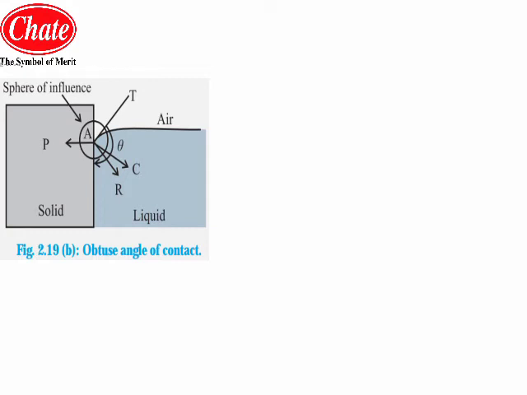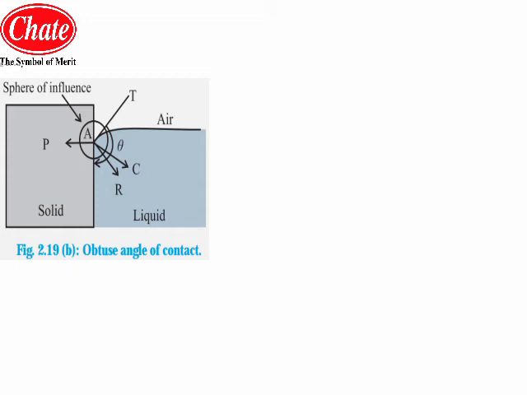Now in the figure you can see a glass bottle and mercury; we are going to take this example. Now consider a molecule such as A on the surface of the liquid near the wall of the container. The molecule experiences both cohesive as well as adhesive forces. In this case also, the net cohesive force will be AP bar, as you can see in the diagram, which will be acting on the molecule A horizontally since the wall is vertical.